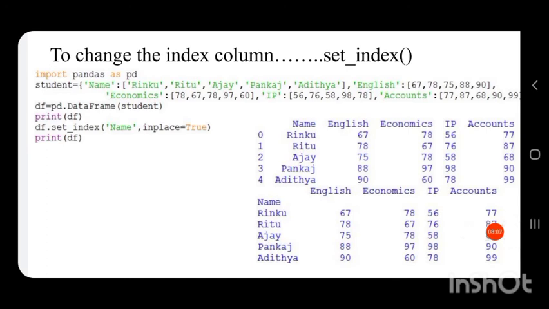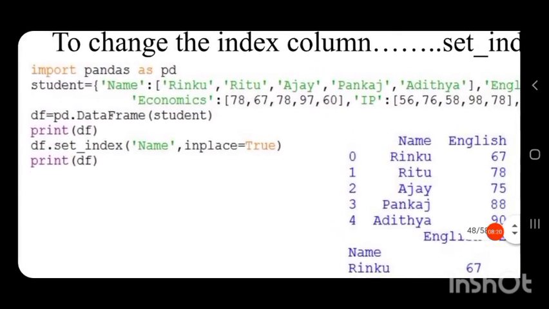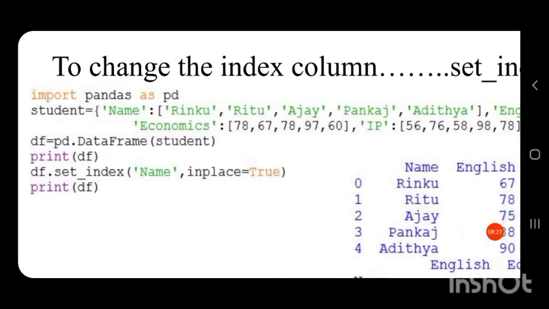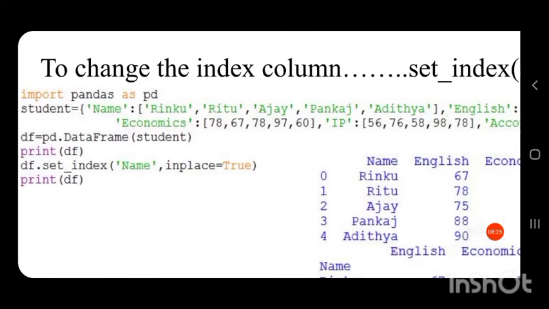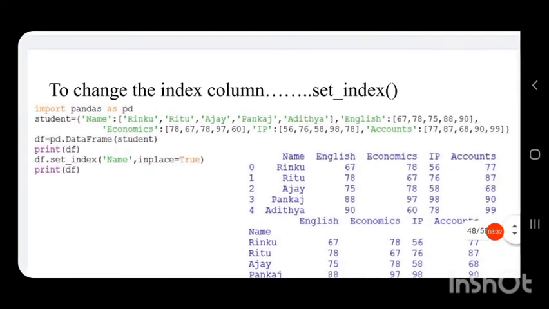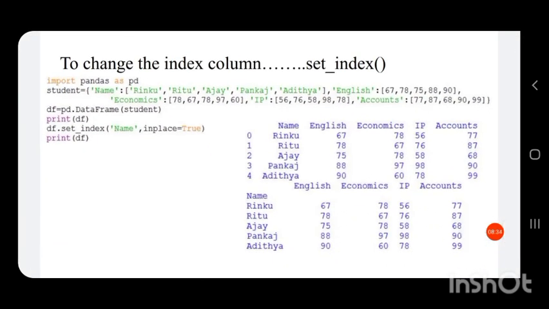Its two parameters are name, the particular column with which you are replacing the row index. Here we are replacing it with the column name. So here we have given the parameter as name in single quotes. inplace equal to True. If we specify inplace equal to True only, it will be set as the row index.